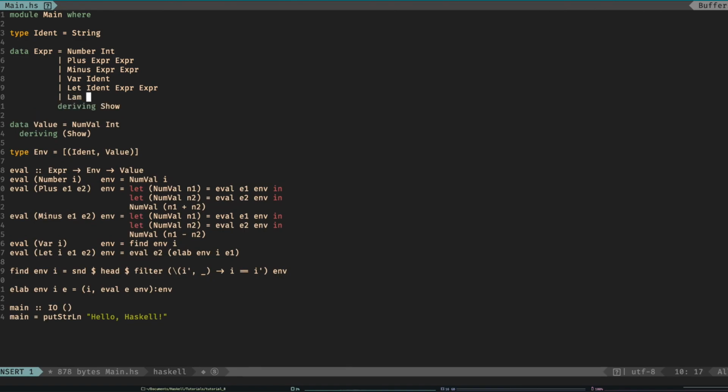and the lambda is going to have, how's this going to work? So a lambda is going to have an expression inside it, and it's going to have the list of things that it binds to. So I could do something like, for example,